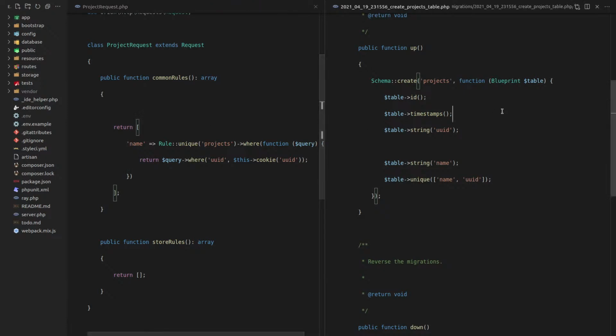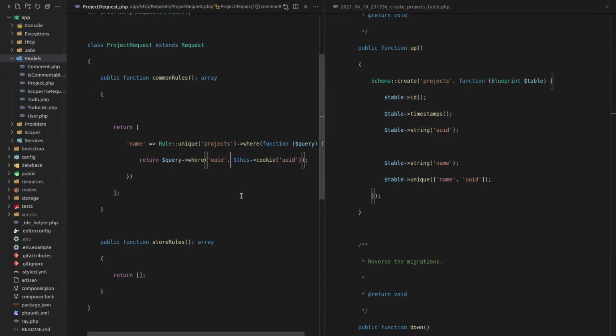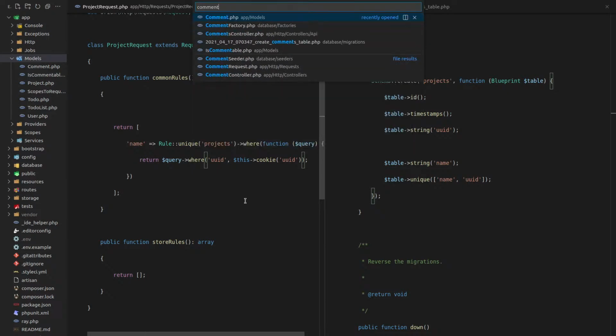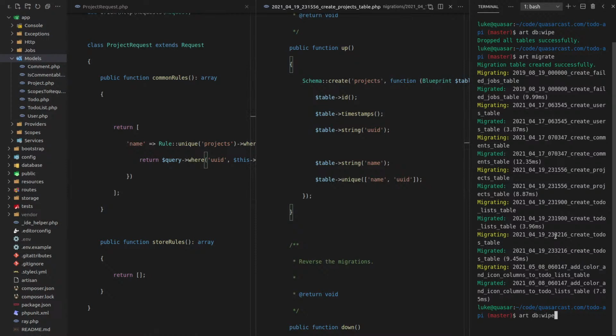We're validating the name. We don't have anything else that we need to validate on the project. So let's start going through these one at a time now and just check that we've got them set up properly. So under app, models, we've got a comment. So let's go into comment. We want to have a comment request. So let's come in here and say,